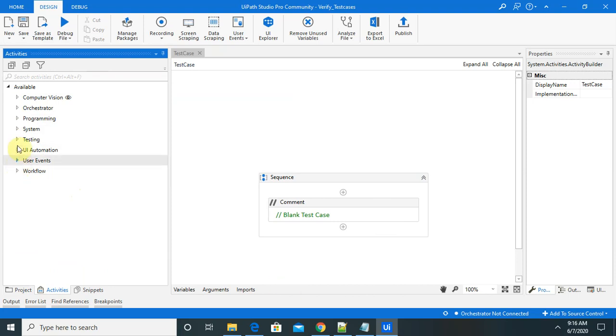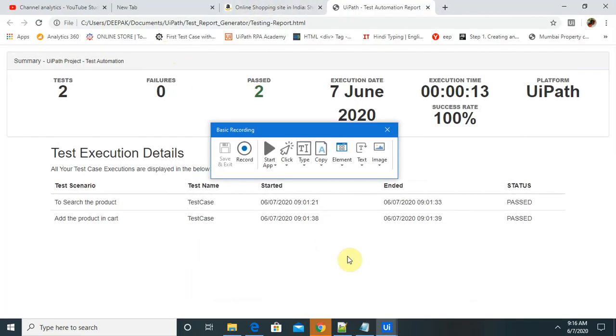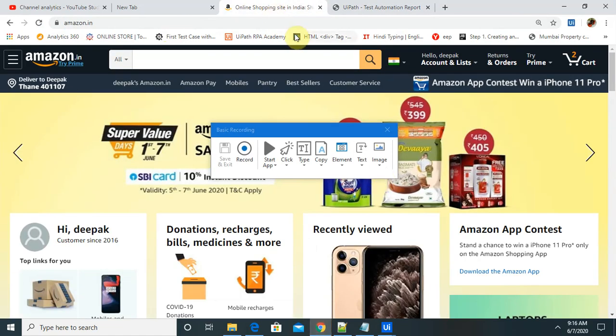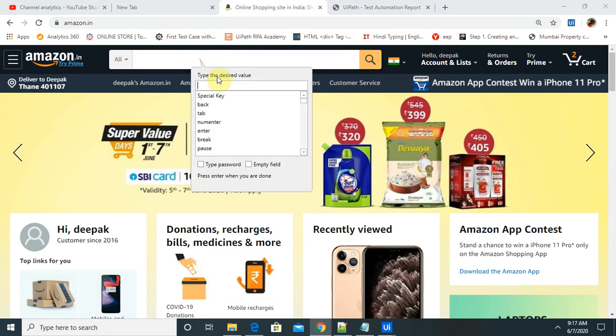Here I am going to take one example. Let's start a basic recording, which will go to the tab and record our actions. I take one recording here and enter the value I want to search for the product.